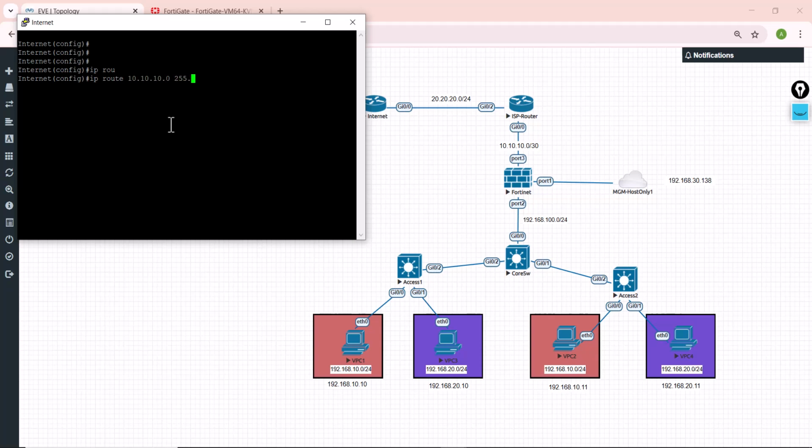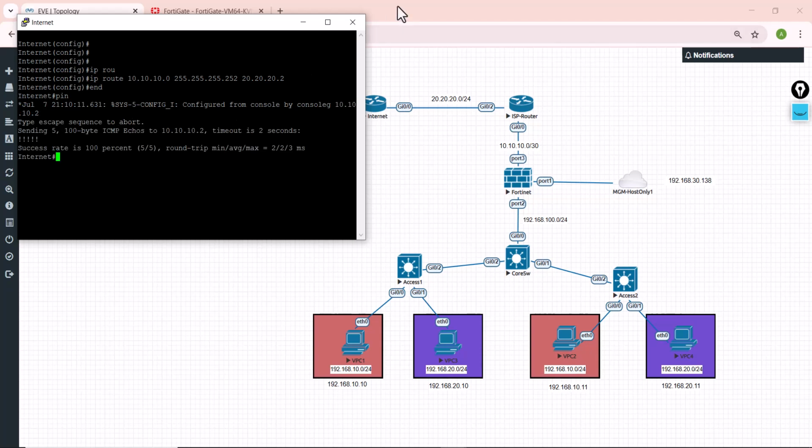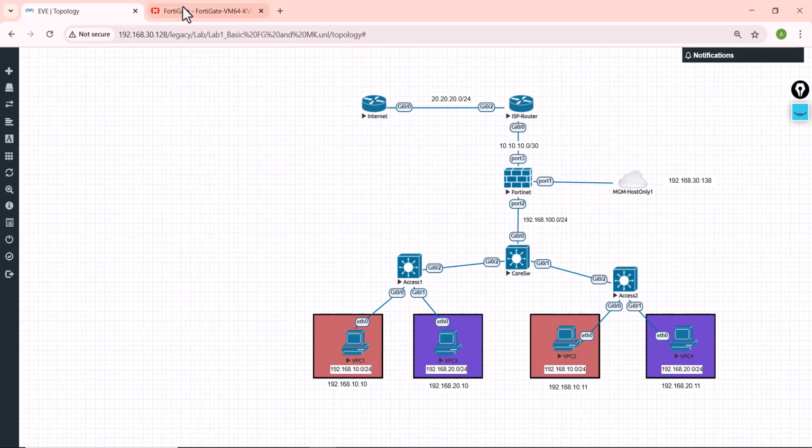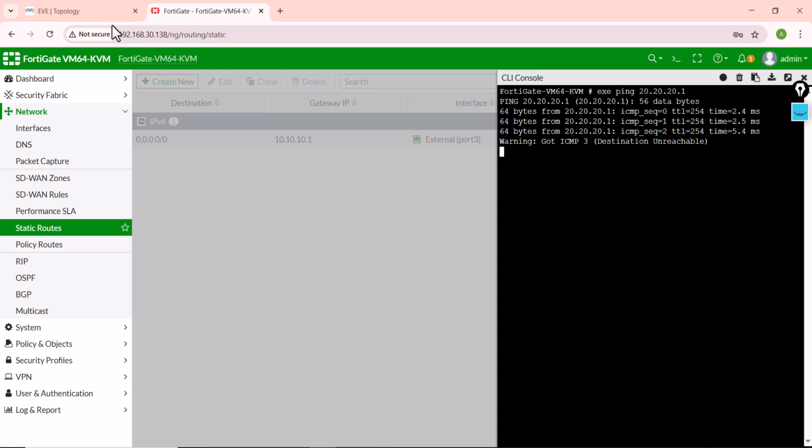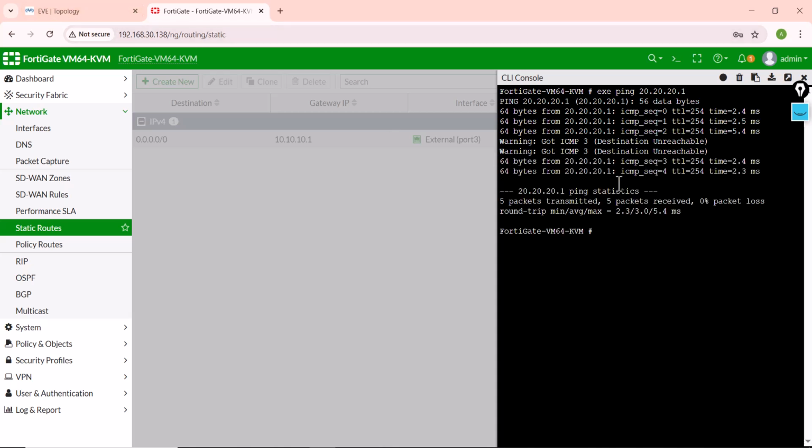10.10.10.0, 255.255.255.252, 20.20.20.22. Okay, and ping 10.10.10.2, which is firewall and it is reachable. Also, you can check connectivity from firewall to internet router. Execute ping 20.20.20.21. Okay, so we have connectivity from